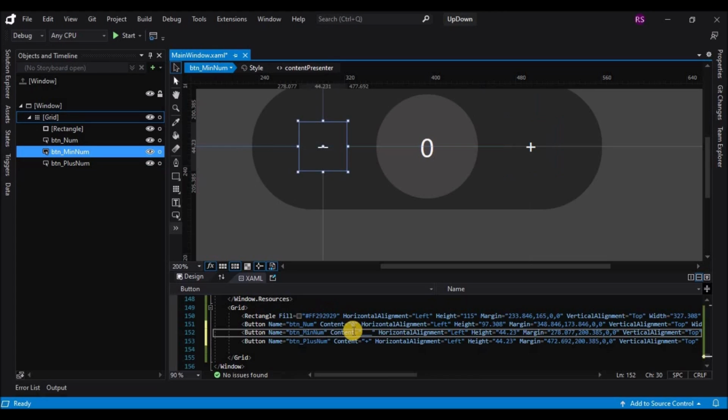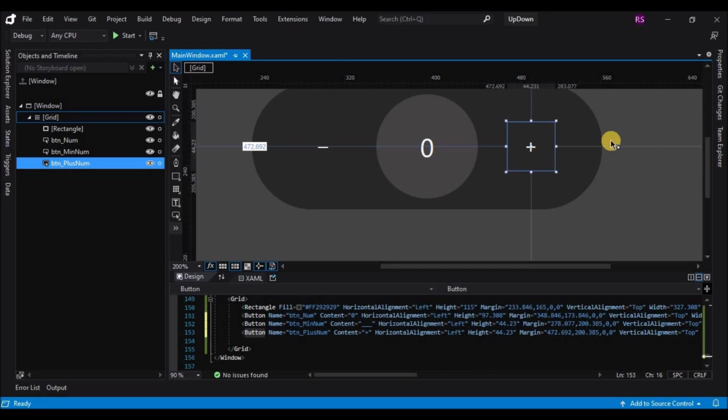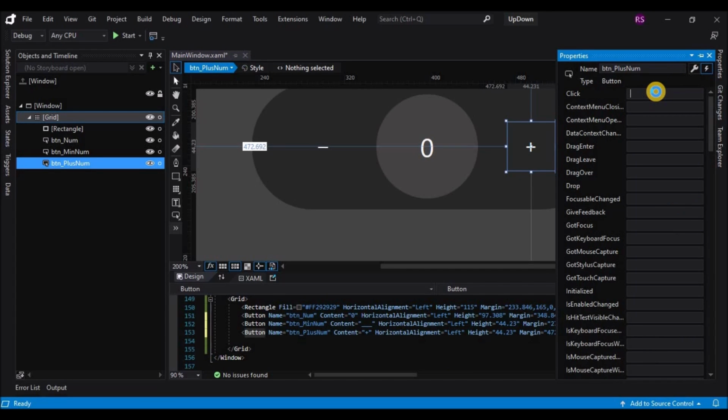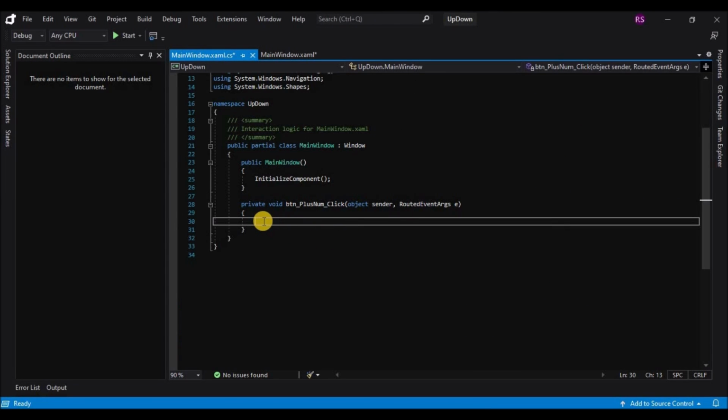Okay, so now let's go to the code behind, select the button, go to properties, and you have an event tab, and double click on the click box, and this will generate an event in the code behind.